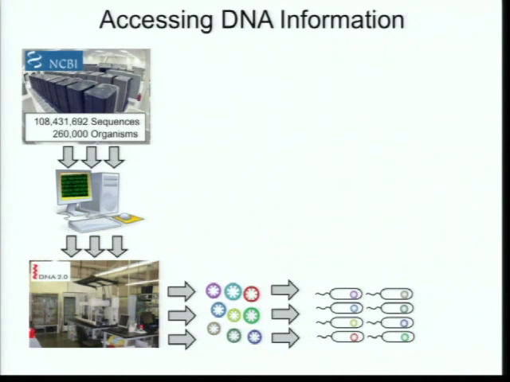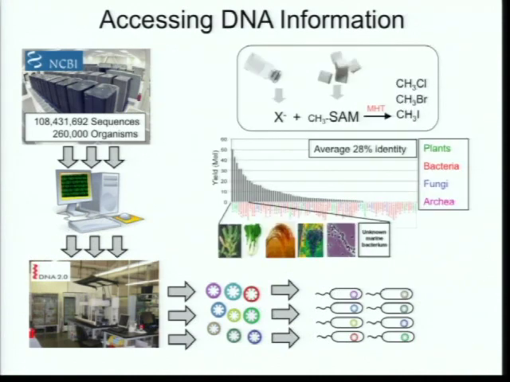Just to give you one example of something that we did and published about a year ago, we were interested in pathways that would make methyl halides. They're a precursor for a number of different chemicals. They're also used as part of silicone processing. In the chemical industry, it's natural gas and hydrochloric acid. We wanted to make it from sugar and salt, so we started looking for genes that were able to do